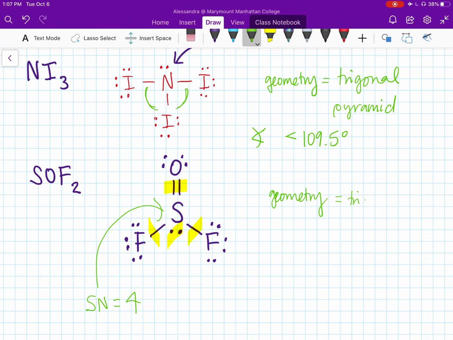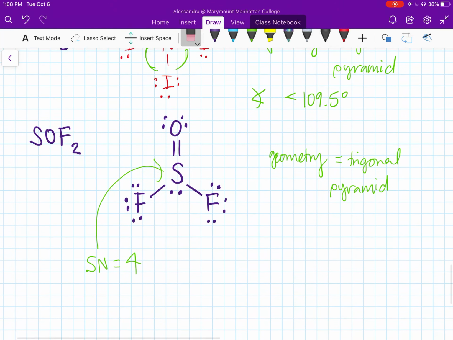So the geometry is also going to be a trigonal pyramid for this one. Now, in this situation, if I'm trying to figure out the approximate bond angle, I have to remember that lone pairs take up the most space of all, followed by double bonds, followed by single bonds. So it's going to be a trigonal pyramid with uneven bond angles. The lone pair takes up the most space,